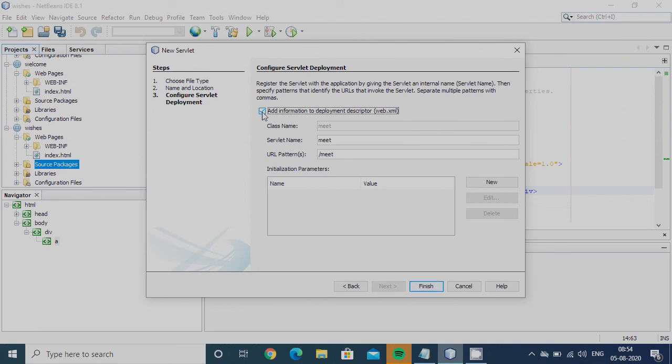If you uncheck it, we have to create the web.xml ourselves. Since it is an IDE, it builds the web.xml on our behalf. So I am checking this. Let the class name be Meet, servlet name be Meet, URL pattern be /meet. Nothing to change over there. Just press finish.